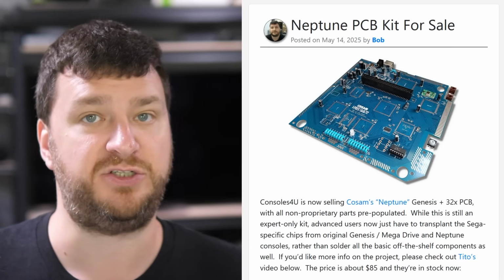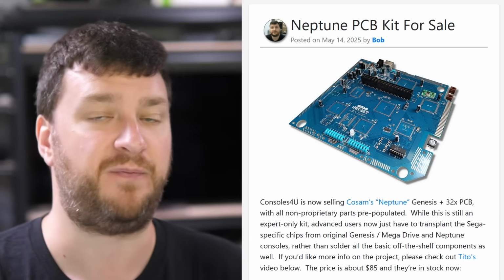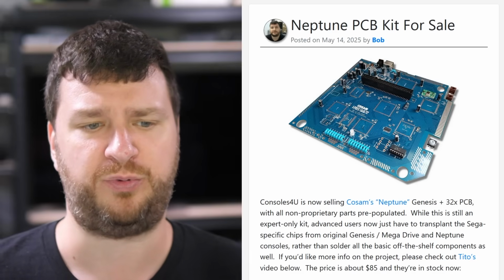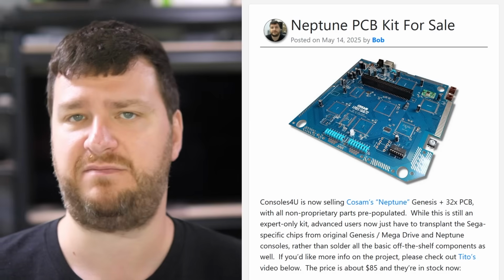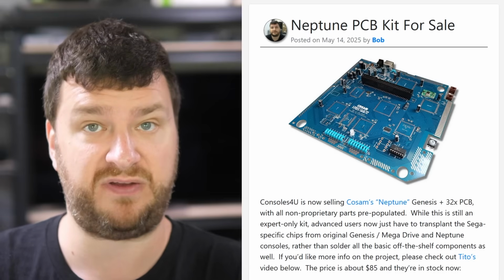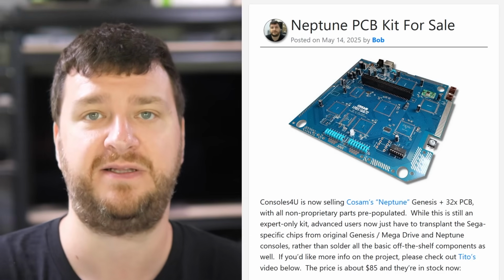This is not a just drop in to a Genesis 2 or Neptune shell and start playing thing. You still have to transplant the Sega chips and I think the controller ports as well. But other than that, this has everything that you'd need. So still an expert level mod, just something that saves you a ton of time and hassle, especially if you